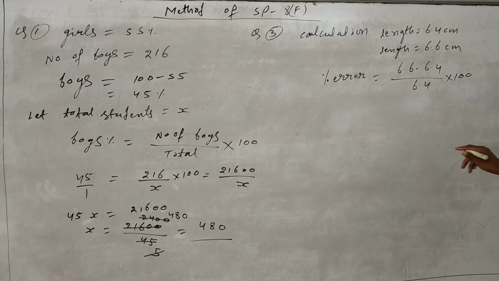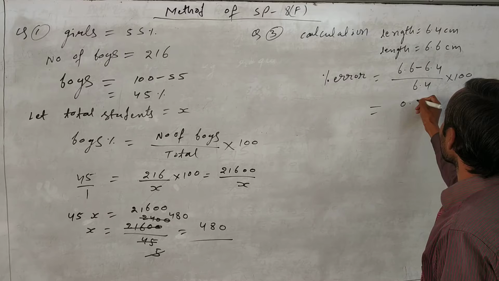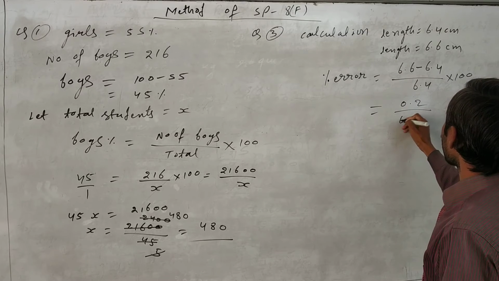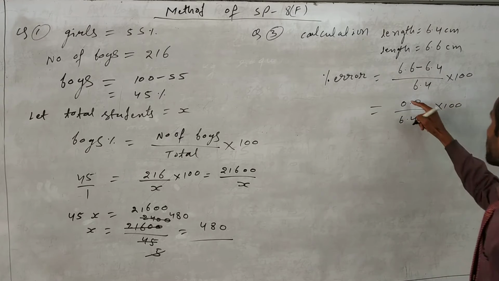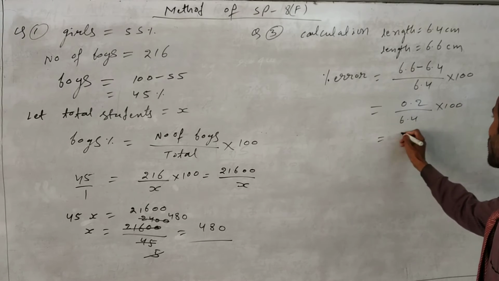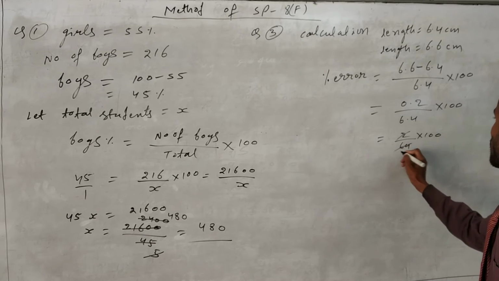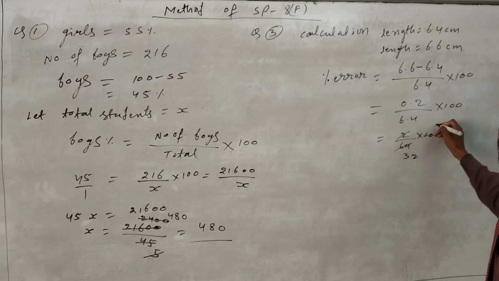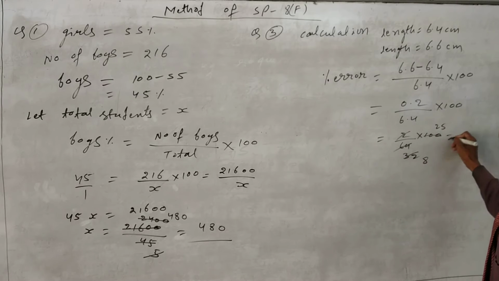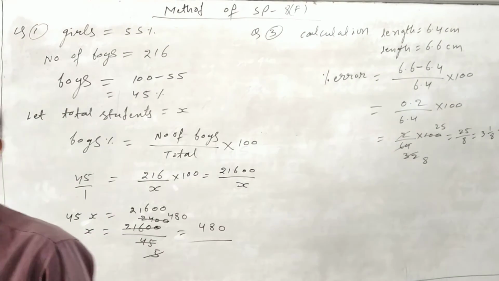Okay. So the percentage error is coming here in the measurement. So subtract, it will come 0.2 upon 6.4 into 100. Now we can remove both decimal points because there is one decimal place. So just write again like this, 2 upon 64 into 100. Now cancel out, this one 32. After that it will cancel out, 25 upon 8. It will come 25 upon 8. And after that we will write down the fraction. So 3 1 upon 8%. So percentage error is equal to 3 whole 1 upon 8%.